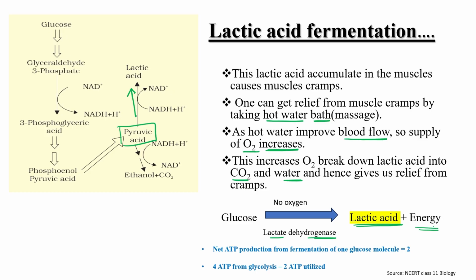Okay, through lactic acid fermentation, here also only a net gain of 2 ATP occurs. Net ATP production from fermentation of one glucose molecule is 2 ATP. Although total ATP production is 4, 2 we have already utilized in the initial steps. That's why it is written over here 2 ATP utilized. So net gain 2 ATP. Okay, clear? Now,